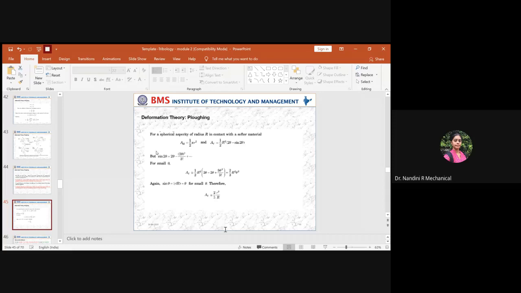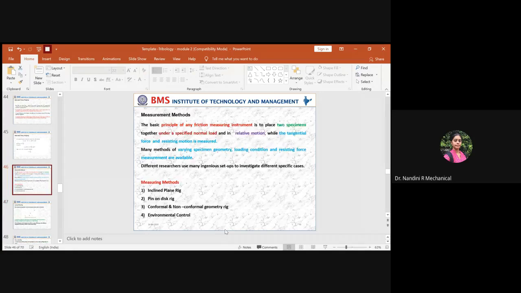So once it was done, now it is time for you to understand what the measurement methods are which are available to measure the coefficient of friction which comes across in any given objects sliding against each other, right? So the main principle, before going to the methods, only a few lines you have to understand.